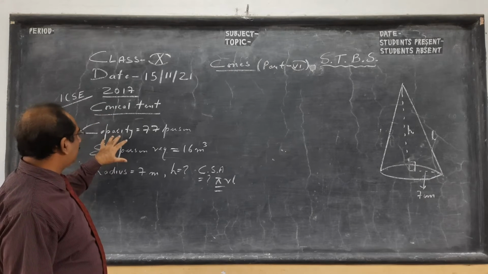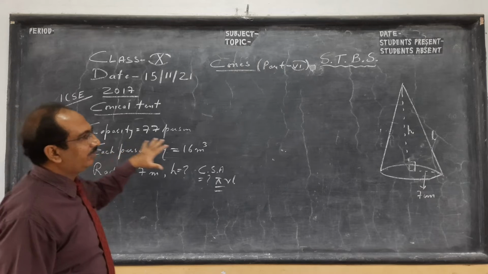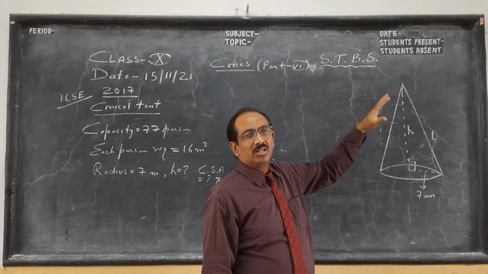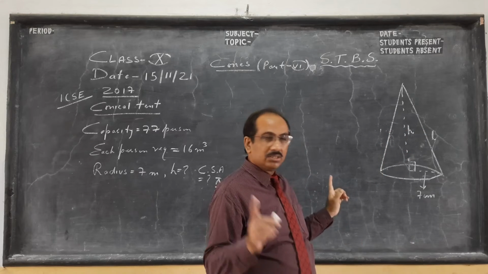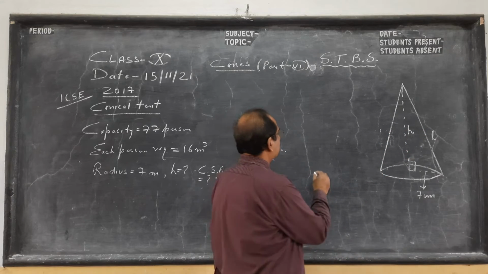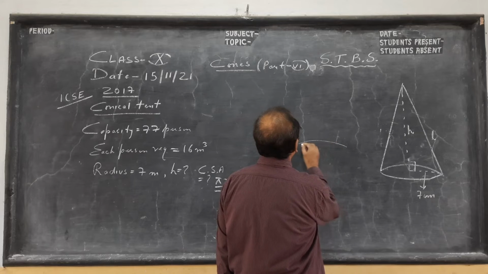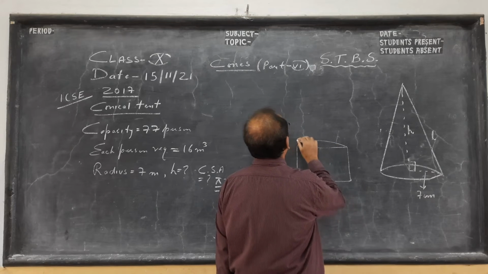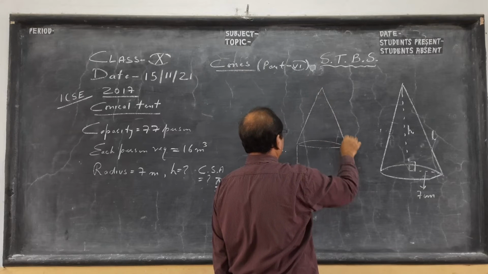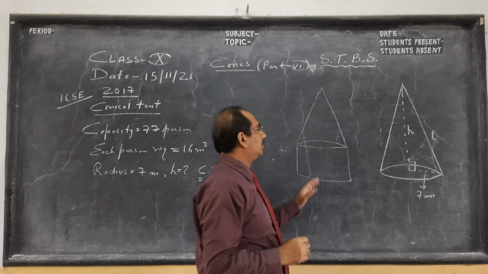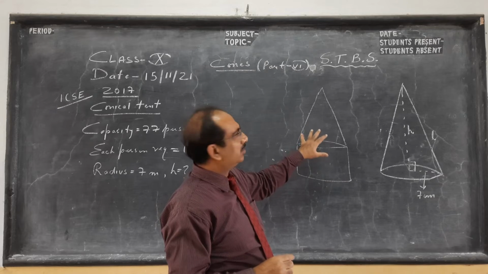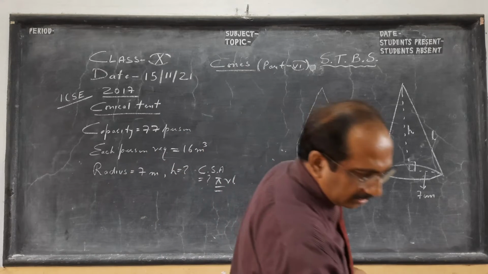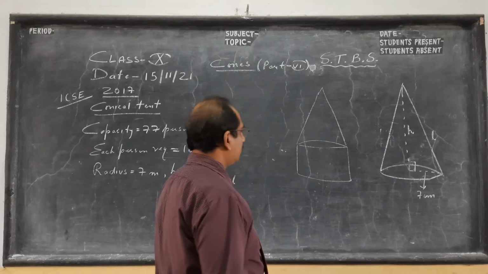The conical tent has a capacity, or it can accommodate 77 persons, like a circus you have. You will see a big conical tent, or generally in some other question you will see a cylindrical base with a cone on top. Such questions we will see. Circuses need a lot of height for the various items they have. So this is a conical tent.